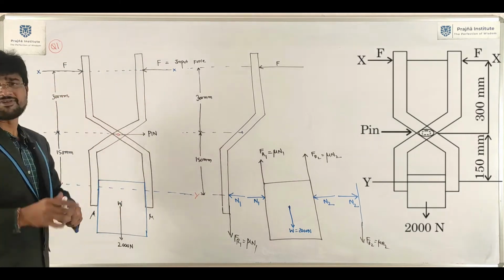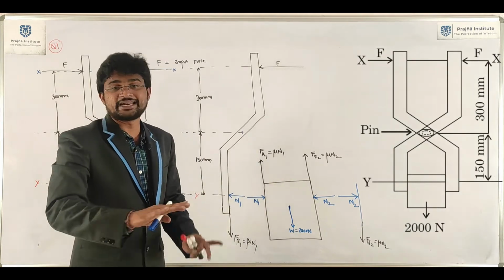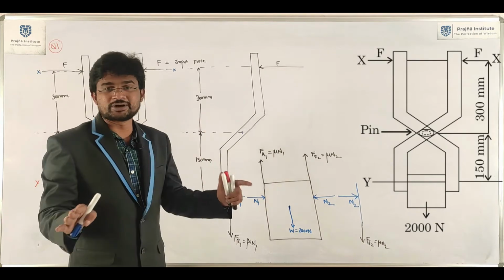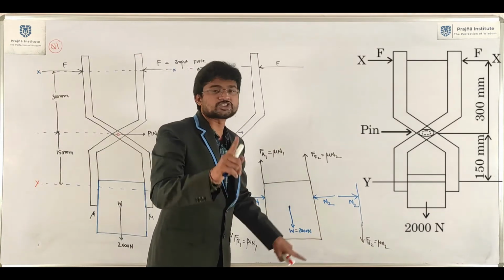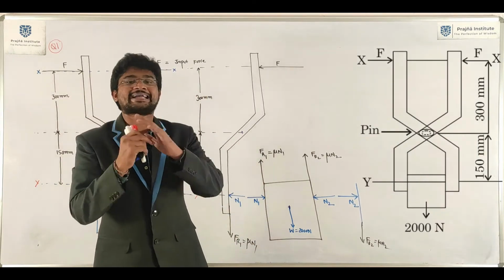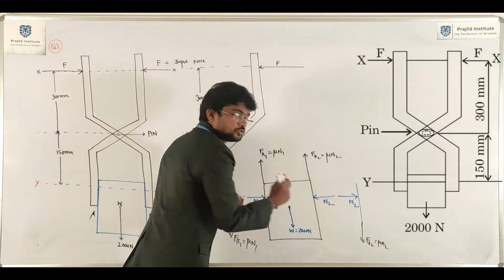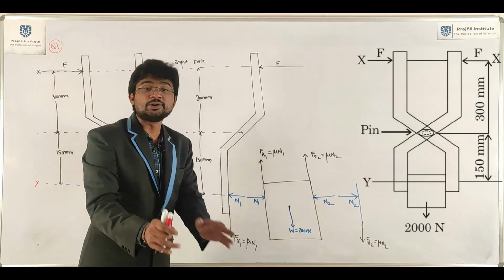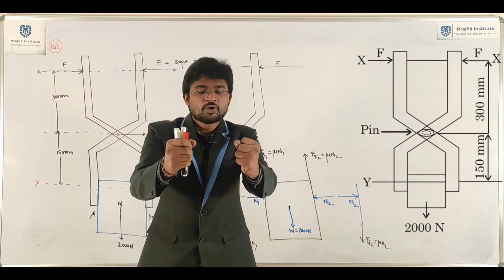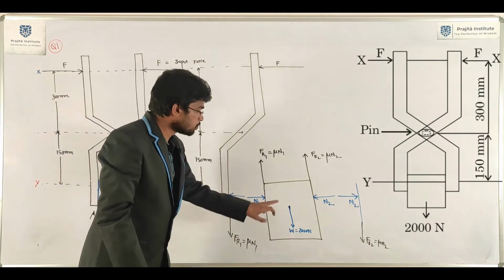So we have 5 statements. First, the weight of the block always acts vertically downward. Next, tension always pulls the body; no string, no tension. At every contact surface, two normal reactions act, both perpendicular to the surface and equal in magnitude. Two contact surfaces, two normal reactions. After that, we checked whether the block is in motion or not. The block is not in motion, as you are tightly holding the object with two grippers.